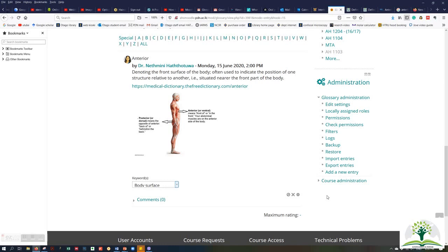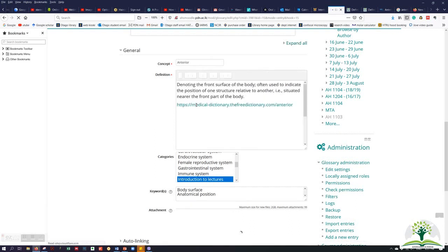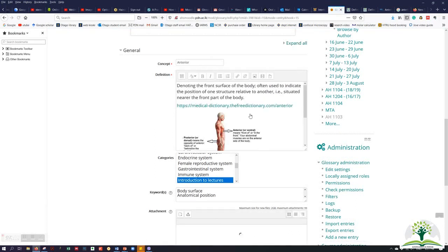You can go to the settings button if you want to change your entry, or else click this cross to delete your entry. I'm allowing you to change your entries only until the 30th of June, so make sure that you check everything and save your entries before that.